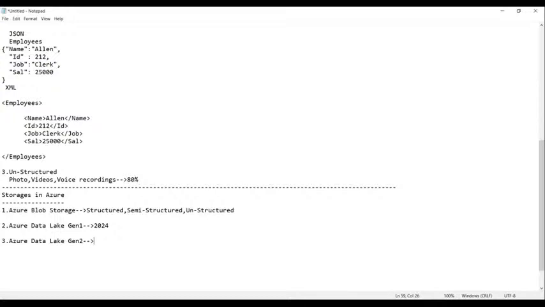Whenever we want to use the data for analysis, such data is mostly recorded into this Azure Data Lake Gen 2, such as, suppose you have data here in decimal.